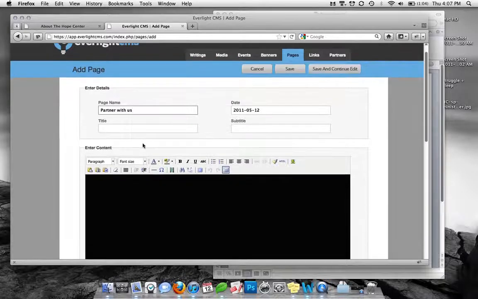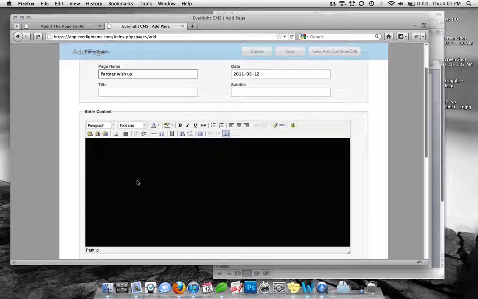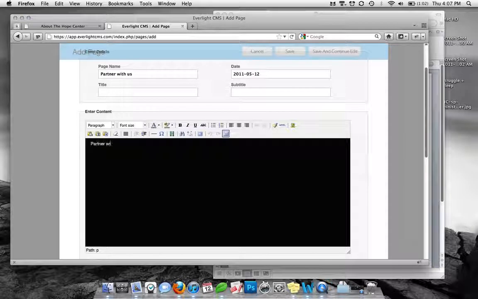The next thing I'm going to need to do is look at the content area. This is the main area of your page where everything is pulled from. Some key things to know about this area: number one, we have predefined styling that you can use. So if we type in Partner With Us, because we know that this is the title we want in the page,